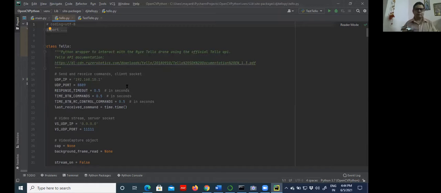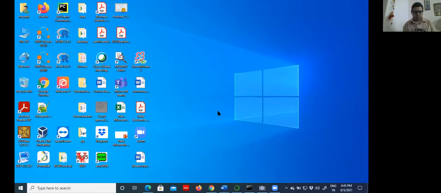With this restriction, what I have done is connect this drone first to the Windows environment, and then start the programming environment.